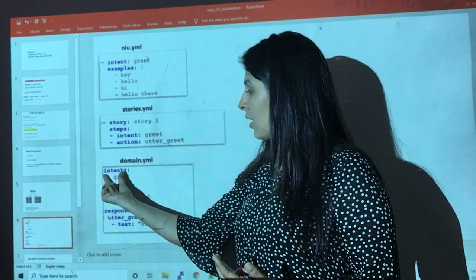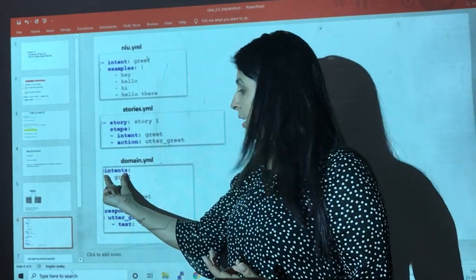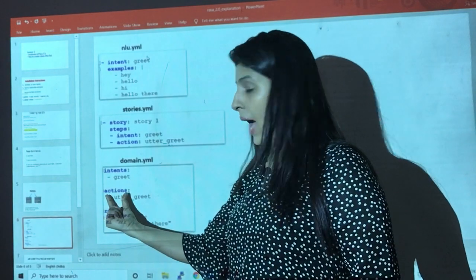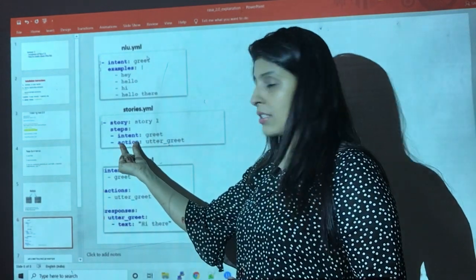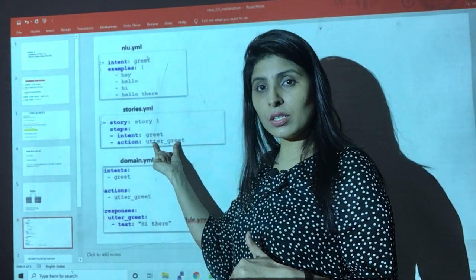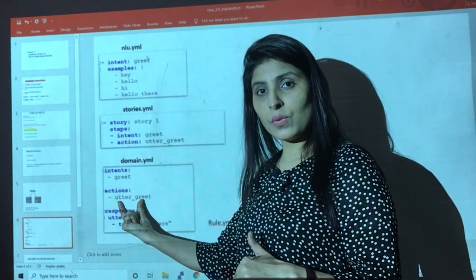So that's why under intents I'm writing the intent which we have created, and under actions, this stories.yml file will have actions, so this is the action, so we have written that action over here.